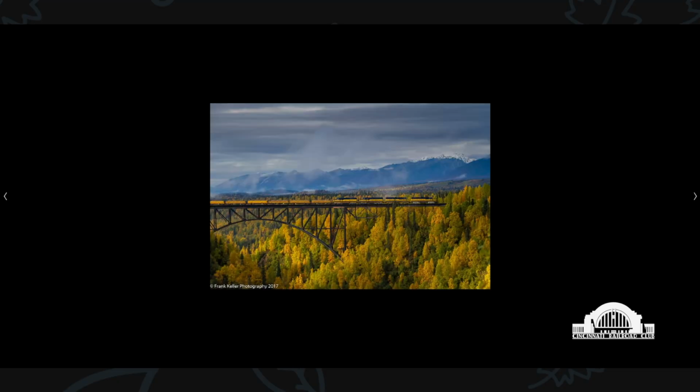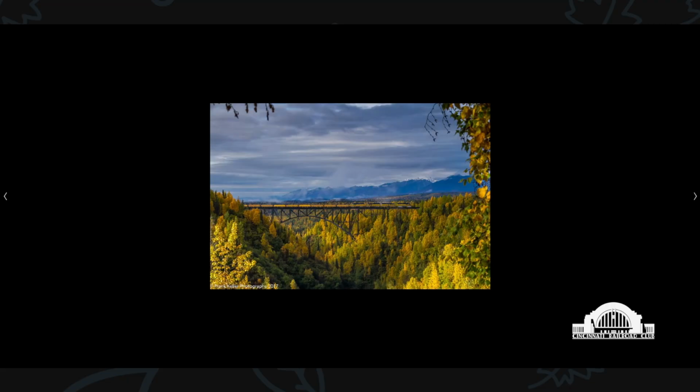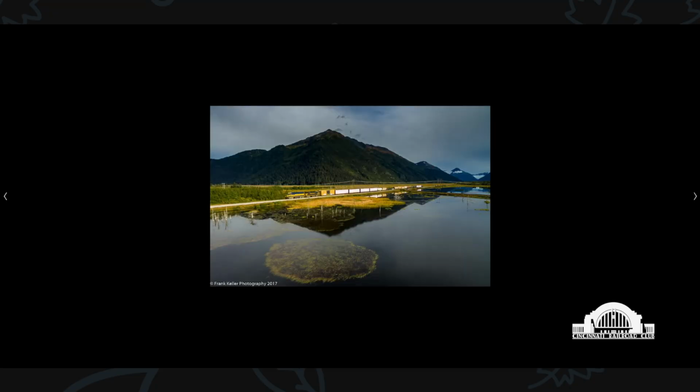We already saw this. This is a work train on top of that same cantilever bridge at Hurricane. Four GP40-2s in the fall color. I think the Alaska Railroad did a pretty good job matching their colors to the landscape. What about the air dump cars this day? I'm guessing a little wide angle view so you can get a shot of the whole canyon. Yeah, probably, we probably got a shot of the caboose in there somewhere, but again, another shot of Portage with a short Canadian train off the barge. You can always tell the Canadians because they always had lumber loads. Hard now, they're all just one big conglomerate of cars, but